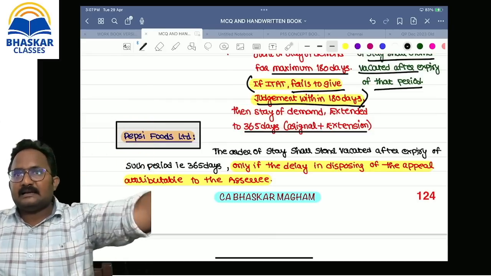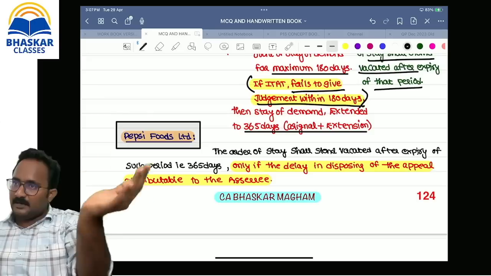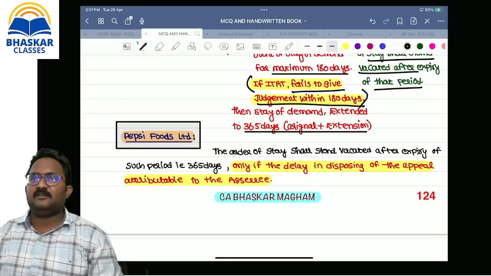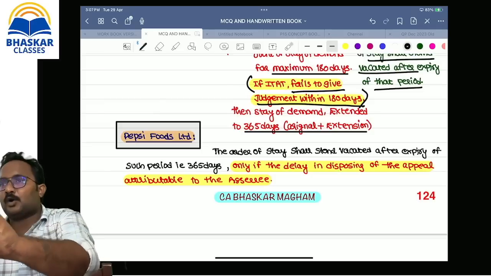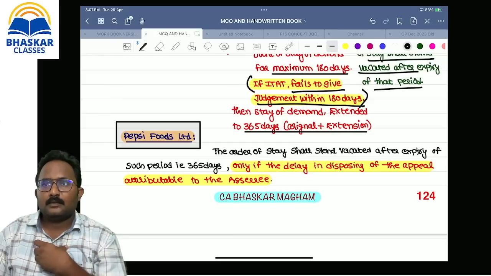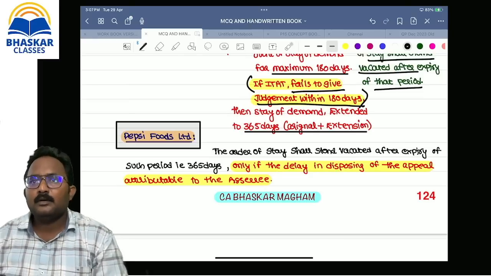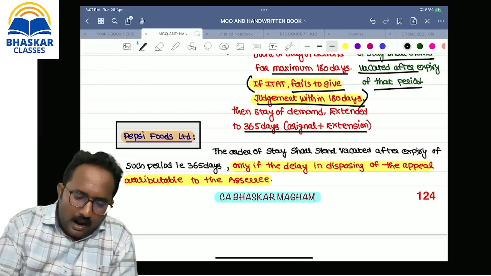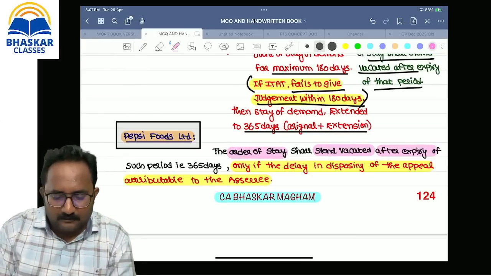First, as per the Income Tax Act 1961, what is the procedure? We know already. Initially 180. If they have not given the judgment within 180, we can extend; original plus extension is how many days, ma? After 365 days, if the order is not disposed by the ITAT, after that the stay of demand will be automatically vacated. Sir, normally, if the order is not given after 365 days, whose fault is it, ma? ITAT fault. Then give the extension. What is the point? The order of stay shall stand vacated after the expiry of 365 days.